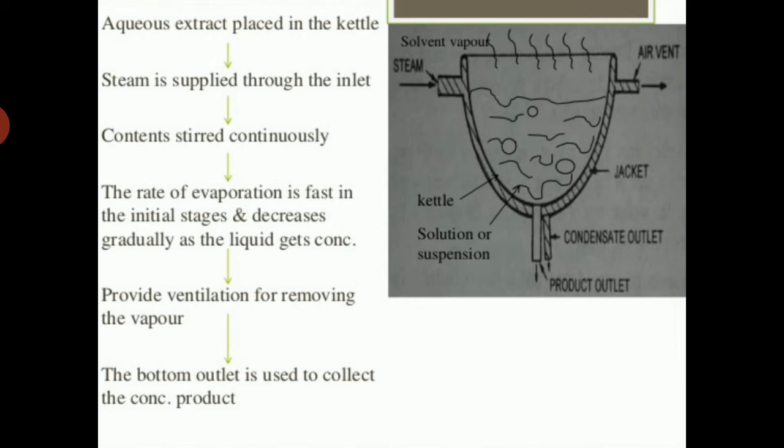Next is the multiple effect evaporator, that is a triple effect evaporator. The second part is evaporator with long tube, which is also subdivided into two parts: evaporator with natural circulation, that is the climbing film evaporator, also known as the rising film evaporator or falling film evaporator. The last one is evaporator with forced circulation, for example the forced circulation evaporator.